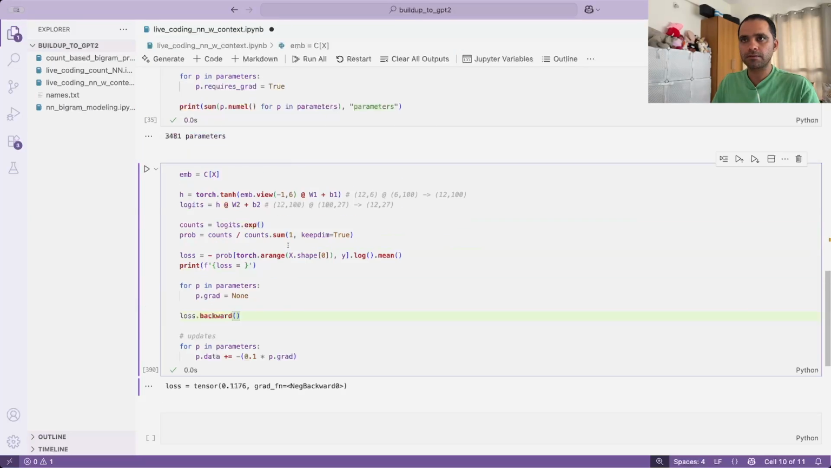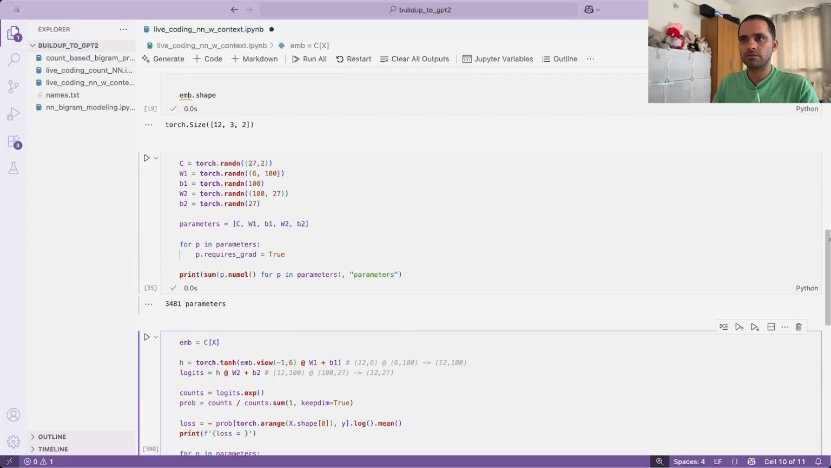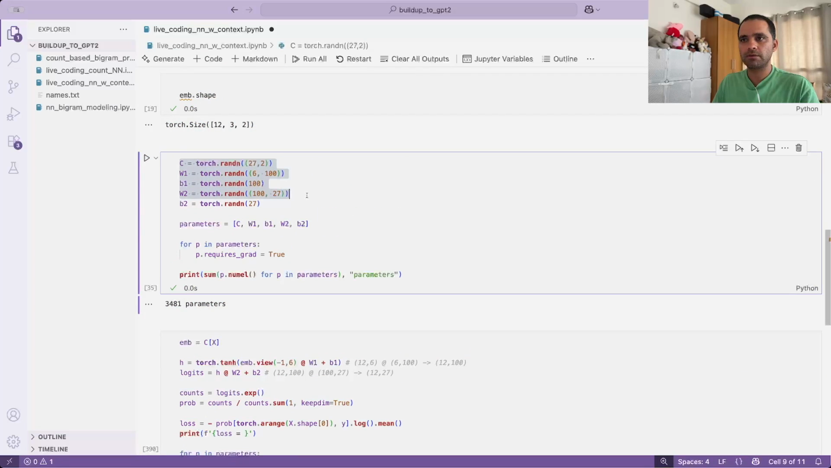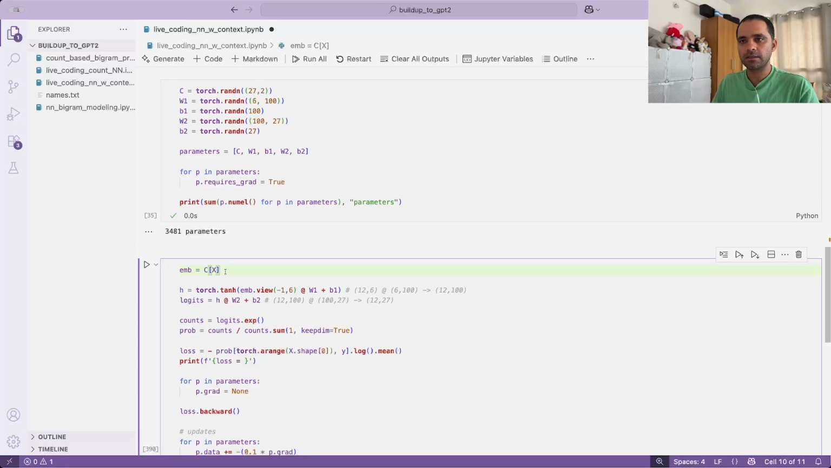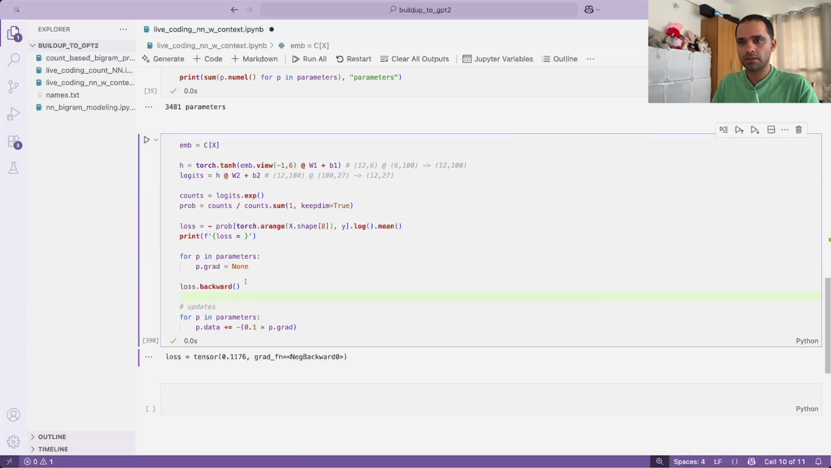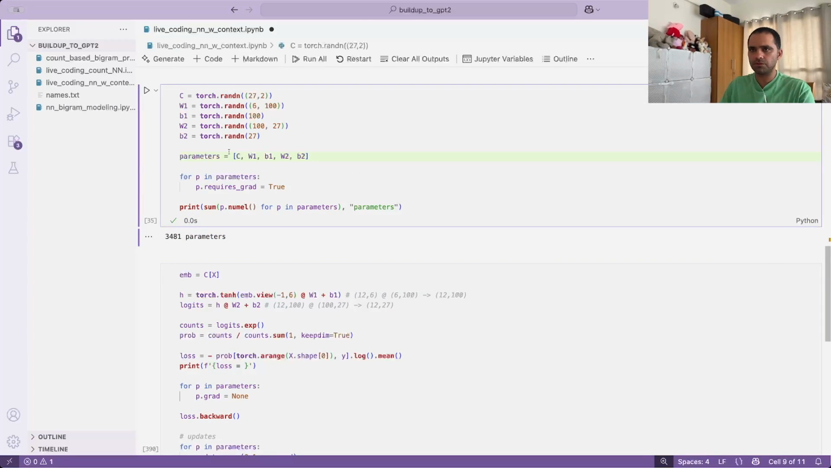Okay, so I was making a mistake. I'm not sure why the C was not included here, while the initialization and the calculation of embedding lookup from X was not included in this cell. Maybe that's why loss was not being calculated, but it should have been. But yeah, anyways, now we are able to